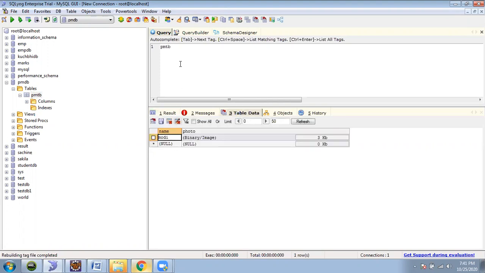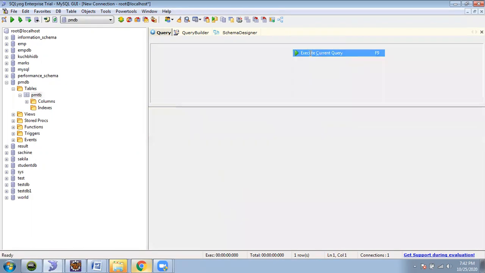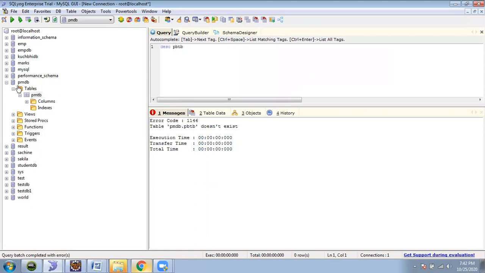If you want to see the structure of this table, you can just fire one query that is called desc. We have another way also, but I want to show you this one query, desc pmtb. I have taken the entire previous lecture separately to show how queries work. Approximately 15 queries I showed in front of you. So I'm just trying to execute this query. Oh my God, what did I do? Okay, I've not selected this database. Let me execute once again.